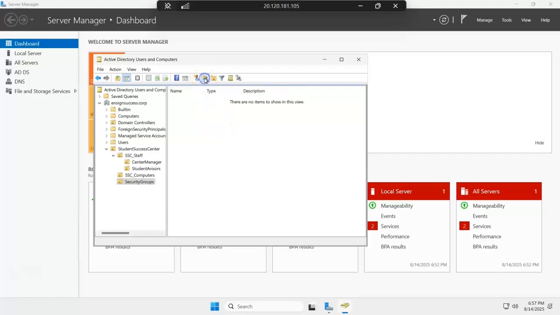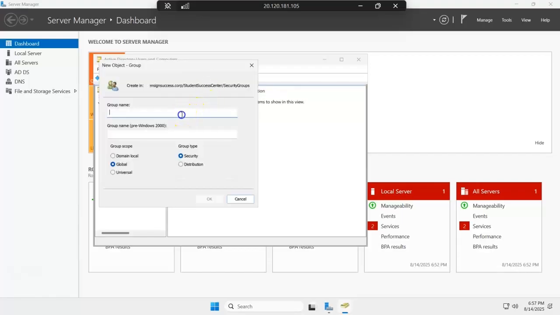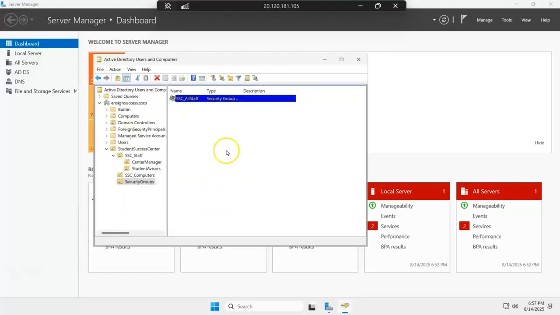I'm going to start with the first group, which is supposed to be SSC underscore all staff, and that is going to be a global security. That's called the group type, and then the group scope. I will click OK, and then I'll go ahead to create the next group,